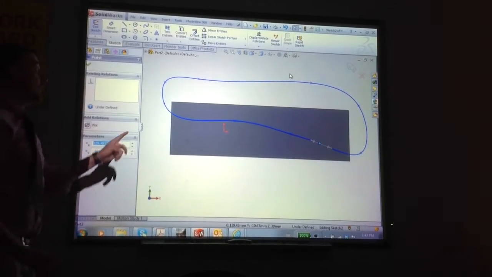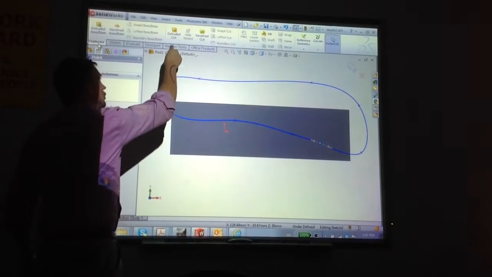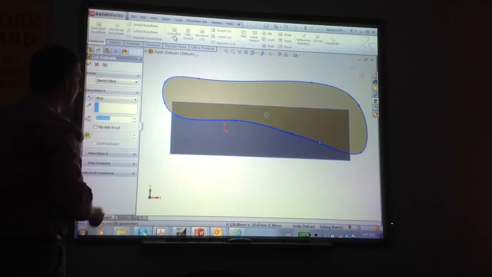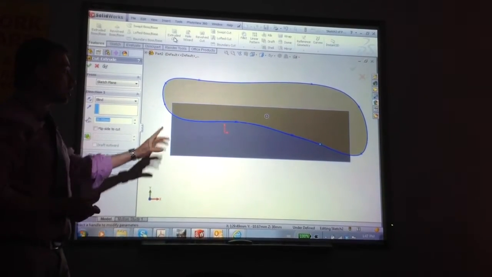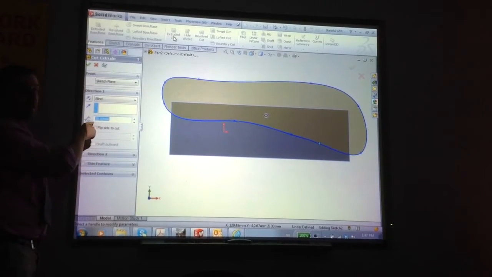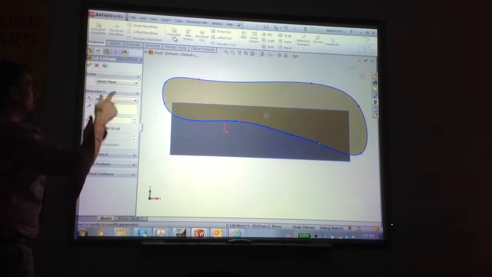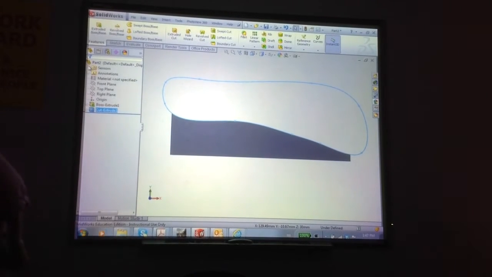Now I'm ready to extrude cut. All I need to do is click on the Features tab and extrude cut, just like that. We know that the thickness of our timber is 30 millimeters, and we extruded at 30 millimeters, so our extrude cut should also be 30 millimeters, so that we're actually cutting all the way through. So extrude cut, and as you can see,